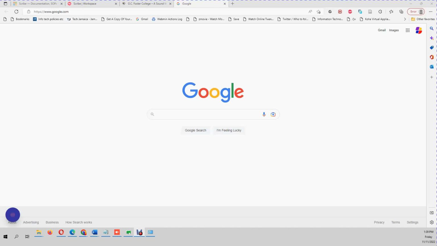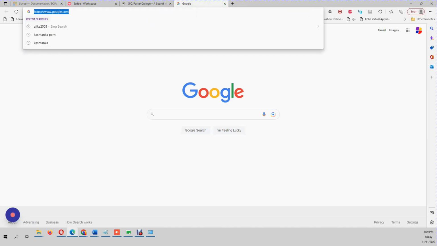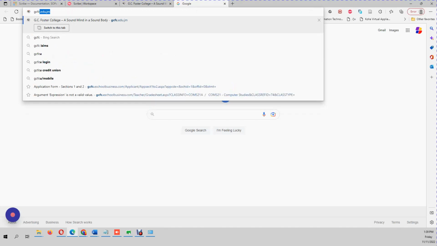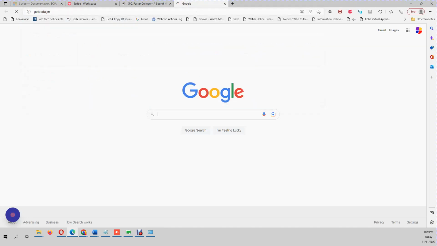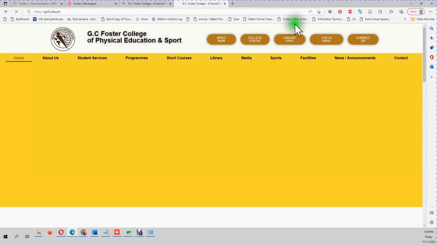Now, I created a tutorial that shows you how to uninstall an application. You can go watch that before you attempt this process. Now, everything is located at the college website, and the college website you can find by going to gcfc.edu.jm. Once you navigate to the college website, you will then need to select the check email option,